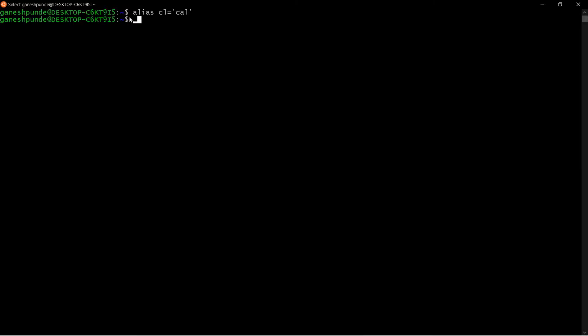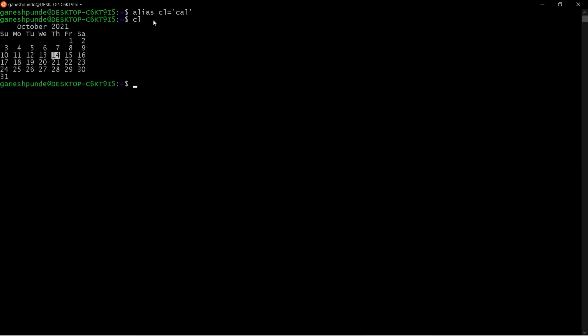Now if I want to use the alias, how will I use it? I can say cl, and you can see it is showing the calendar. So similar to your calendar command, now cl is created, but this cl is valid only till you close this terminal, or for this particular session, meaning whatever the user is logged in.